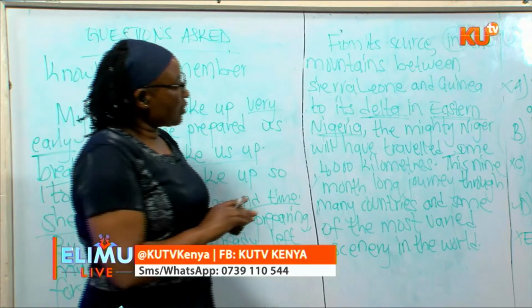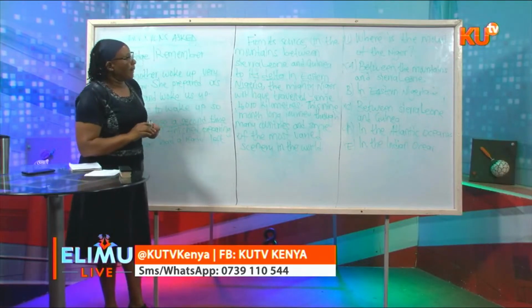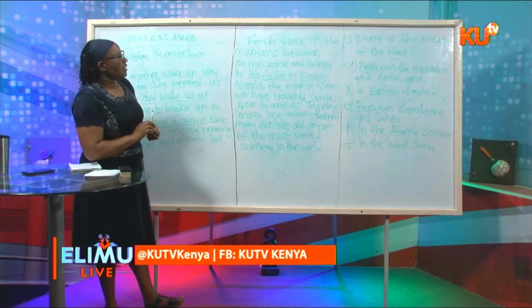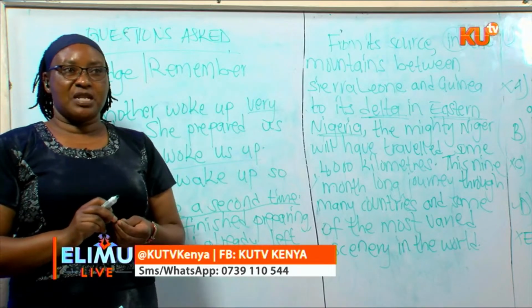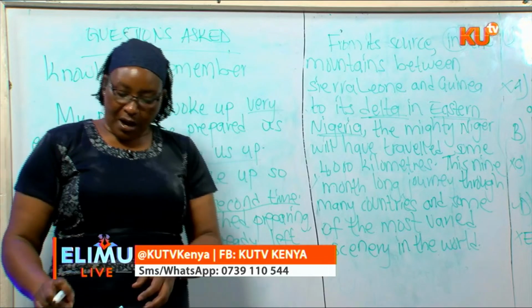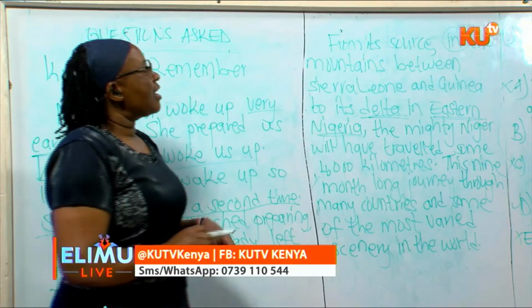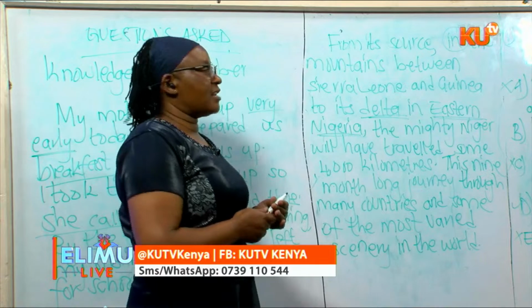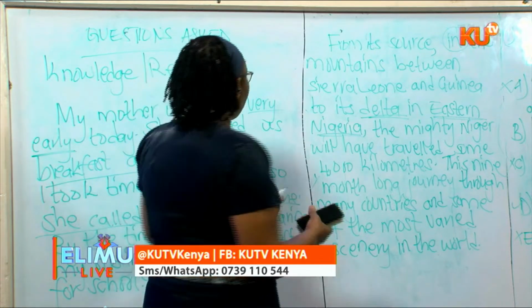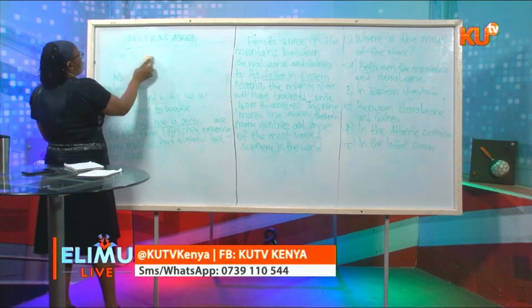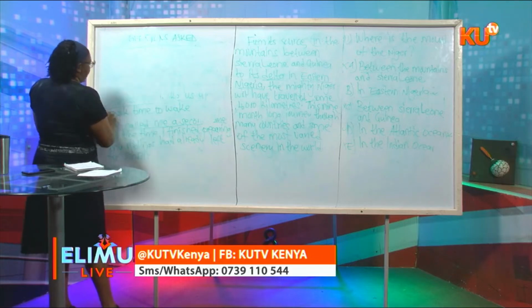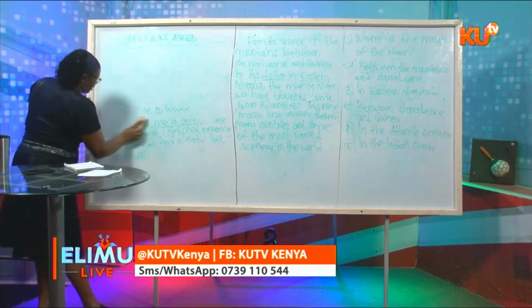So we may also have another question, and this is usually the last question in an English passage paper, like it can be number 38 or number 50, or the second last, number 37 or 38, number 49 or number 50, asking the best title for the passage. It is after you have read the passage and three quarters of what has been talked about in that passage is what forms the title for the passage. For example, if you are asked the best title for this passage about River Niger, it is the alternative that may be very confusing,